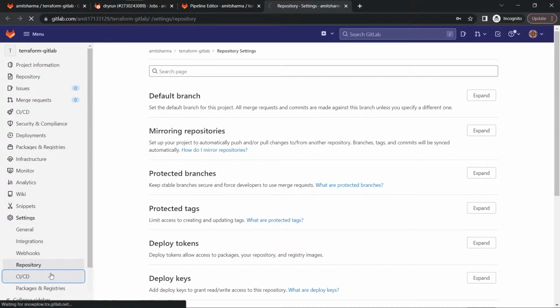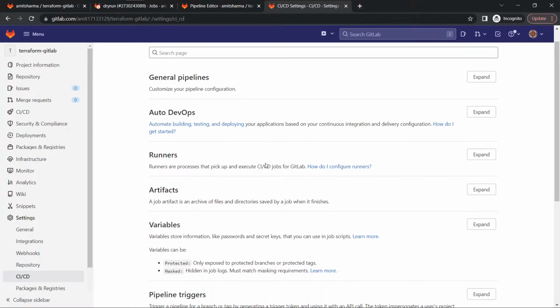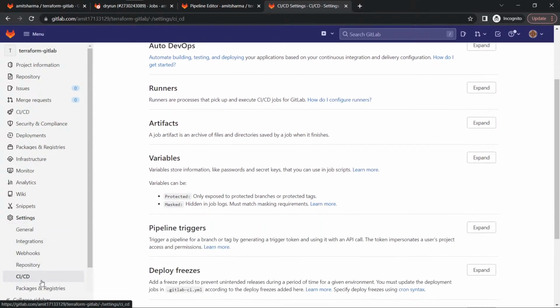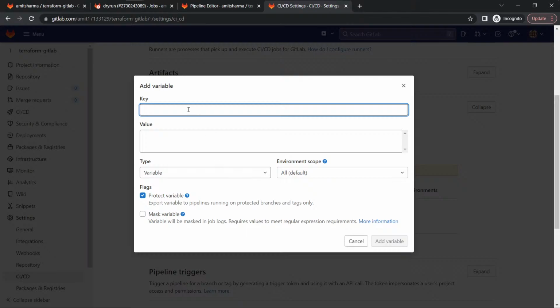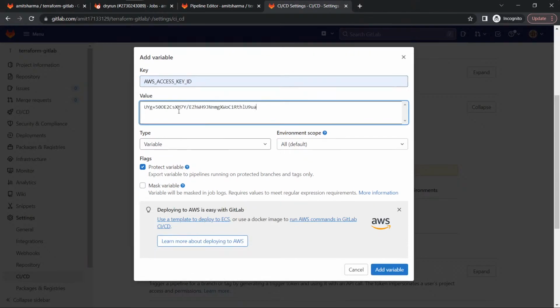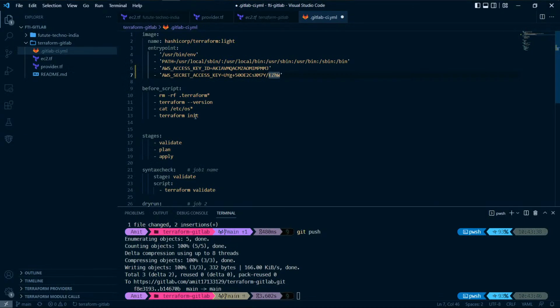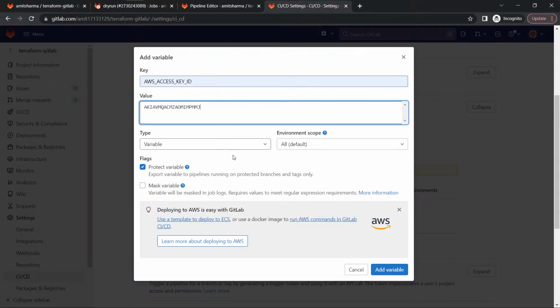So what you can do, you can go not in the CICD itself, but in the variables. If you go in the settings in the CICD, then you will see variables. So I will expand it. We don't have any variable. I will add this variable, AWS access key ID, and the value will be the access key. Sorry, this is the secret key. I will be using this access key. We paste it and protect variable, so it will be protecting the variable,